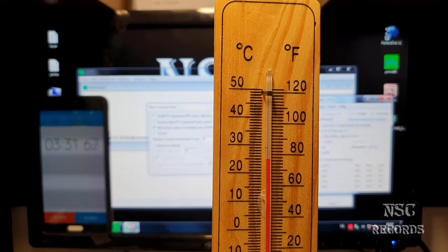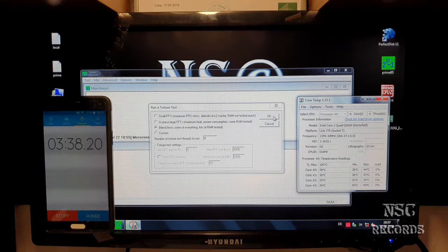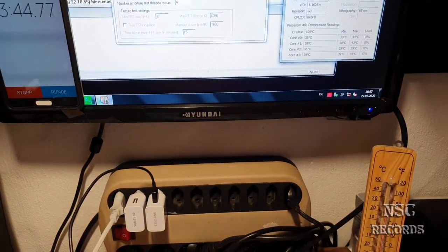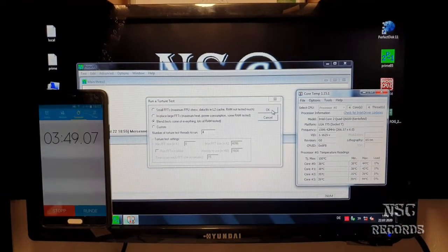So some people, when they do these tests, they are not telling you how it is in the room where they do these tests. And so I got this all here, in front of me, so I can always check that perfectly. And yeah, so